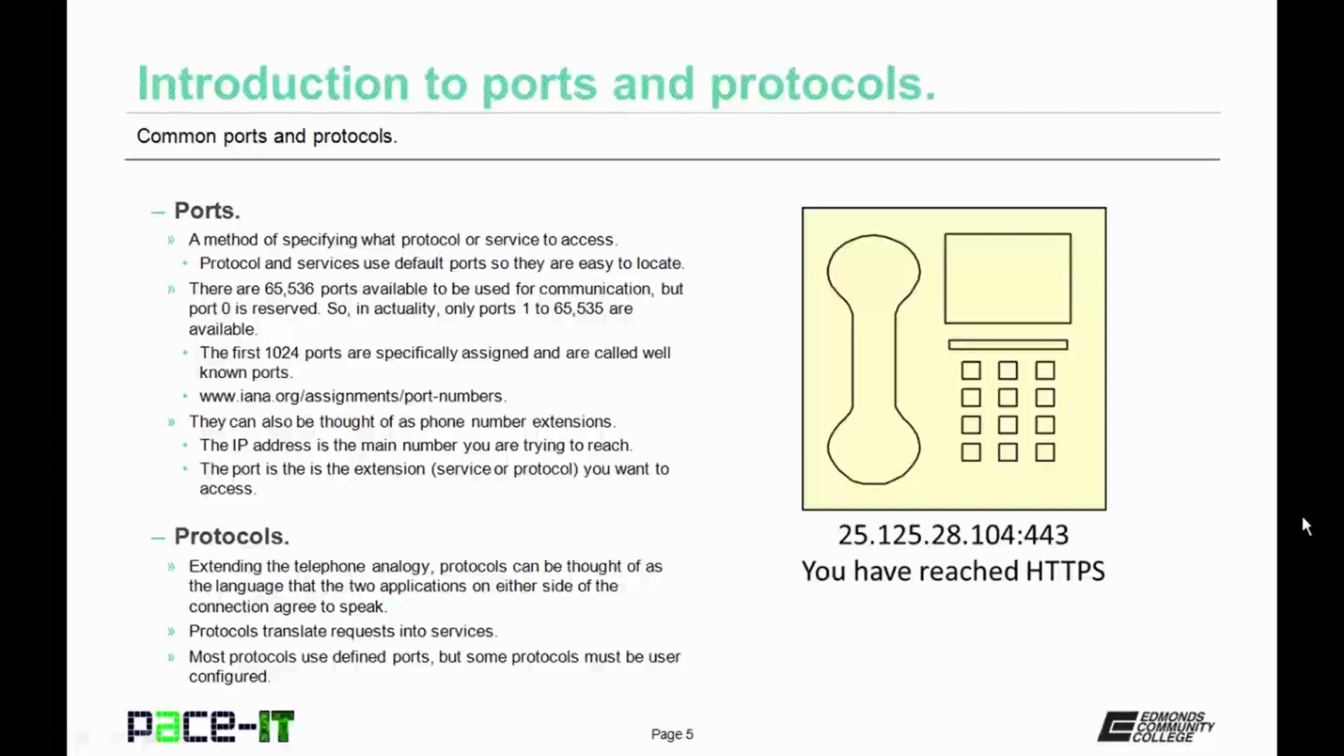Now, ports are a method of specifying what protocol or service to access. Protocols and services usually use default ports so that they are easy to locate. Now, there are 65,536 individual ports that are available to be used for communication, kind of. Port 0 is reserved, so in actuality, only ports 1 through 65,535 are available. Now, the first 1,024 ports are specifically assigned to protocols and services, and these are called well-known